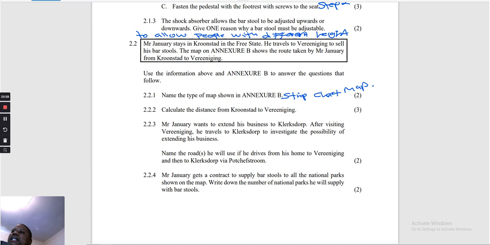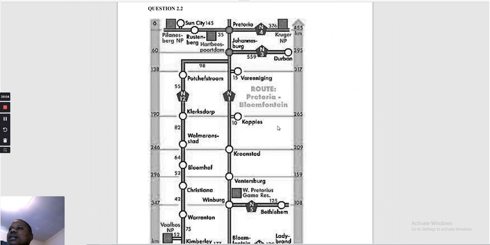Then they say calculate the distance from Kronstadt to Vernagen. Let's go and look at that. Vernagen is not on the N1, but from the N1 you have to off-ramp, then you drive 15 kilometers afterward. Okay, there it is. But where is Kronstadt? Kronstadt is here, and then Vernagen is here. So what are we going to do to calculate that distance? We're first going to say,